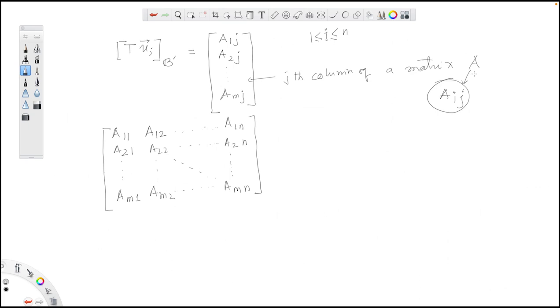So this is the matrix A that represents the linear transformation T with reference to the pair of ordered bases B and B prime. Okay,